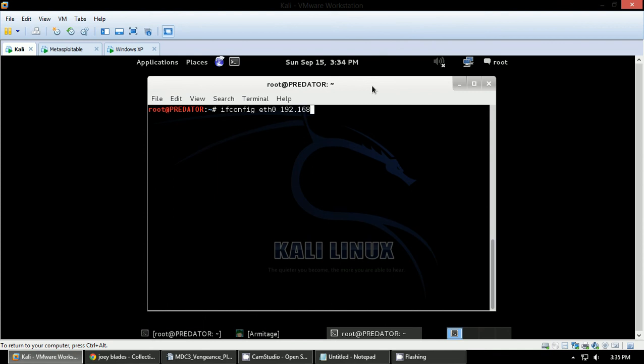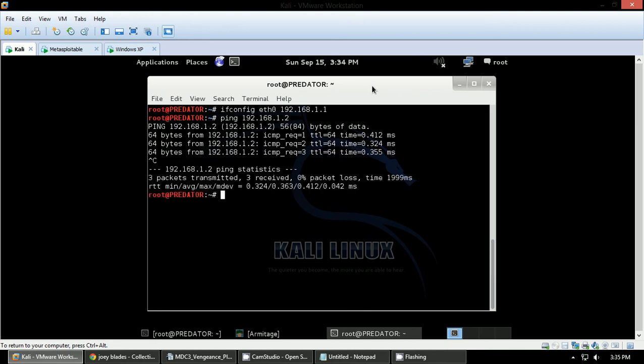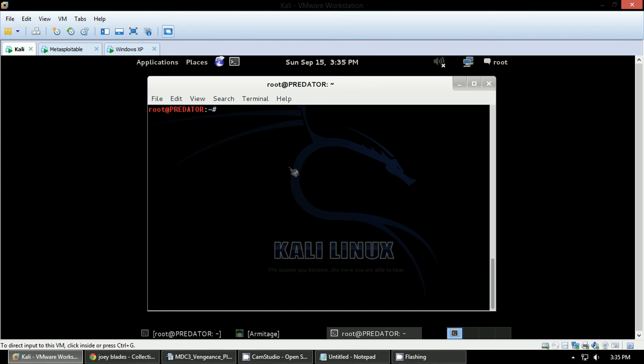We're going to pick 1.1. Now let's see if we can ping Metasploit. Now it's working. So Kali is 1.1, Metasploitable is 1.2,